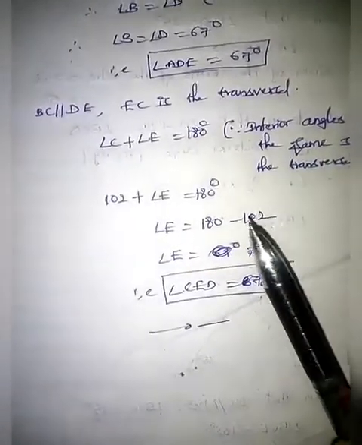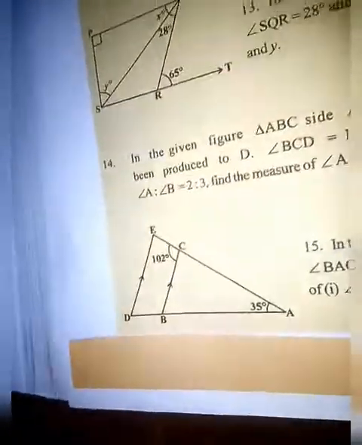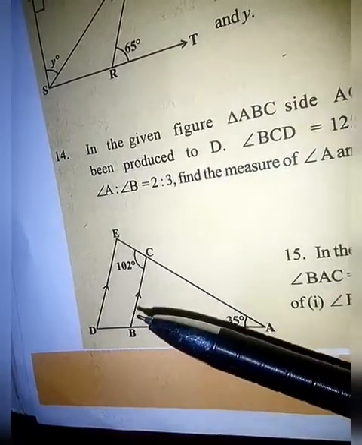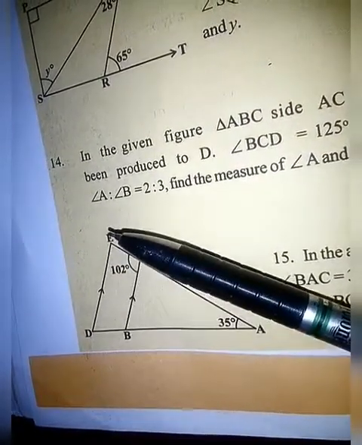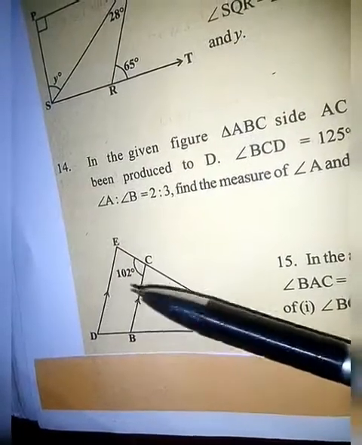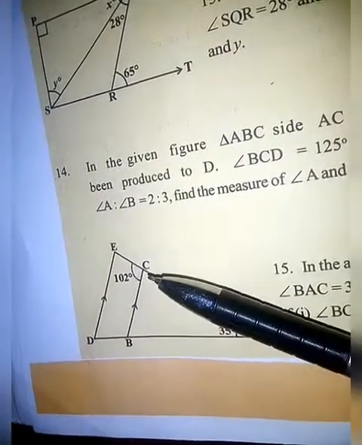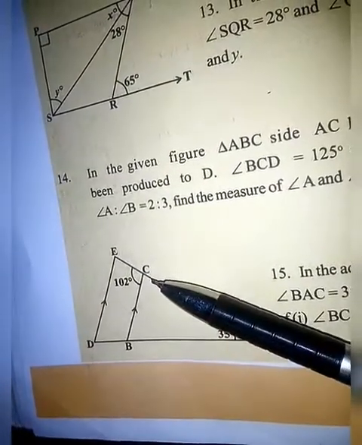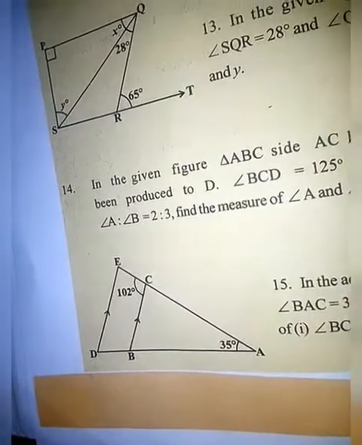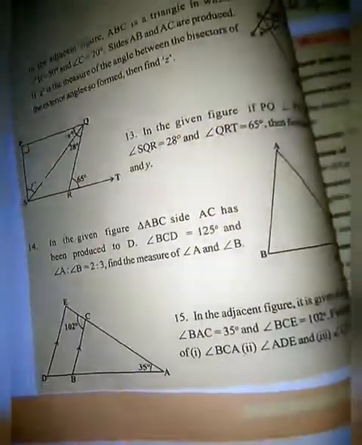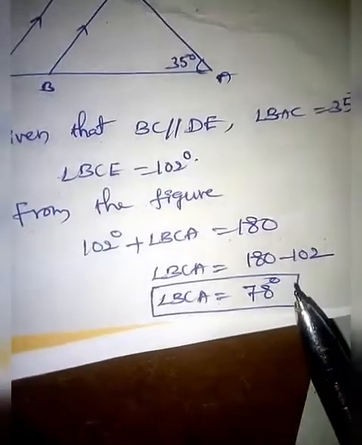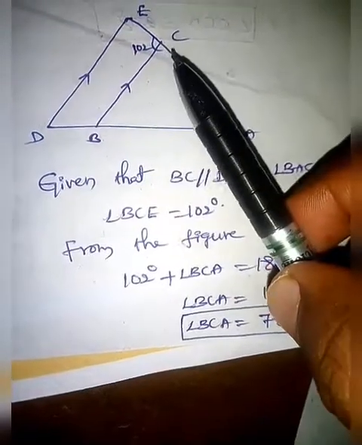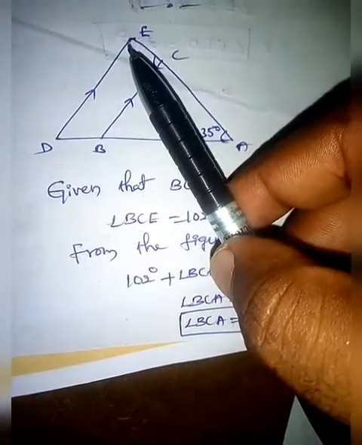So you can use this concept or you can use the corresponding angles also. Let me explain that concept also. If BC is parallel to DE and EC is the transversal, these two lines are parallel and EC is the transversal. That's why angle C and angle E are corresponding angles. Angle C equals 78 degrees, which we found at first. Look here, angle BCA equals 78 degrees. This we found at the starting of the problem. So if C equals 78, then E is also 78.